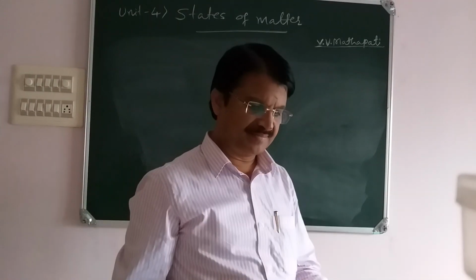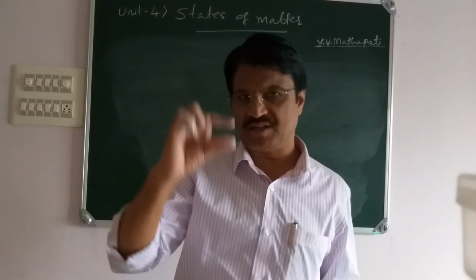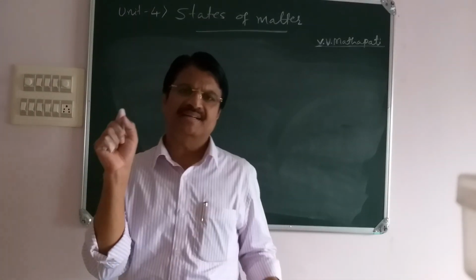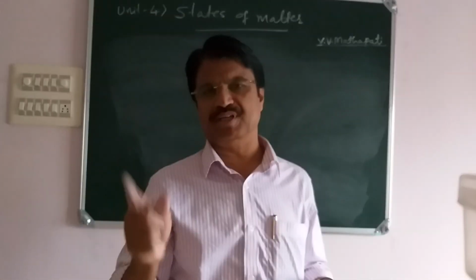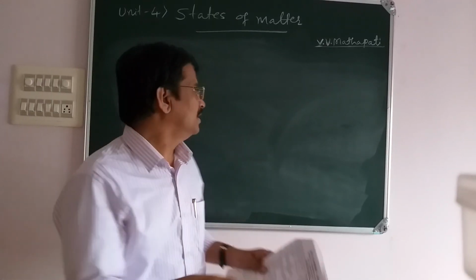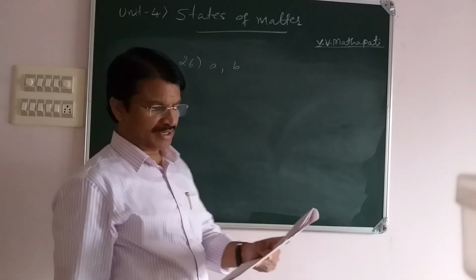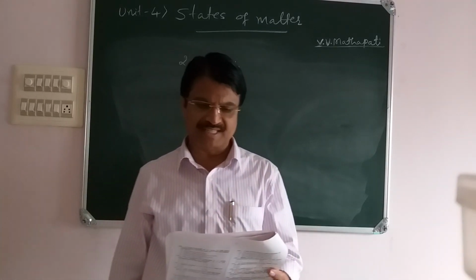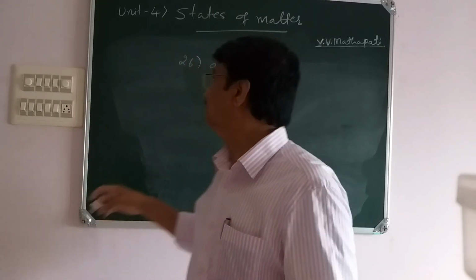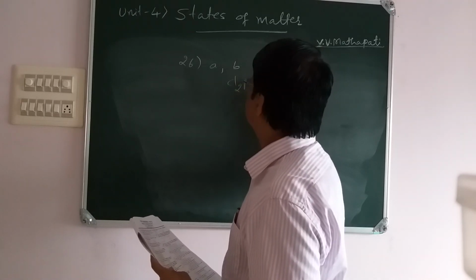Question number 26 is about the Van der Waals equation. Yesterday I covered the Van der Waals equation and constants a and b. Small a indicates the intermolecular force of attraction between the molecules, and b indicates the size of the molecules. Small a and b are Van der Waals constants for gases. Chlorine is more easily liquefied than ethane.